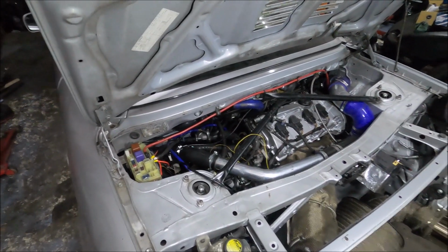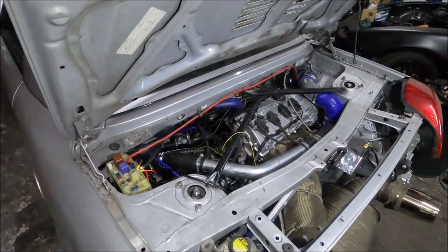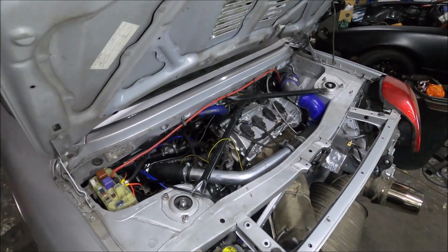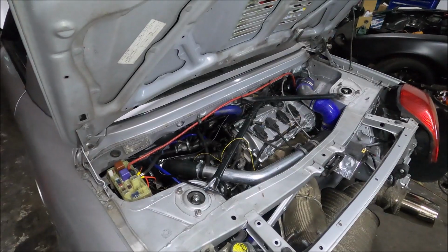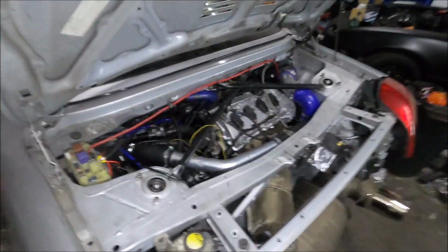And it's still a lot easier to work on than the factory engine, a K-swap, and especially these V6 conversions people do, because they are not at all easy to work on. So hey, there you go. What shall I show you now? I'll tell you what, I will show you